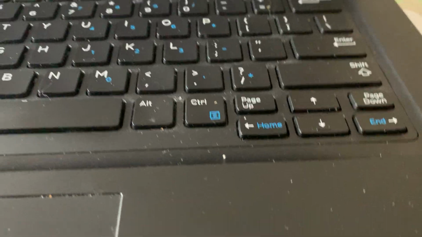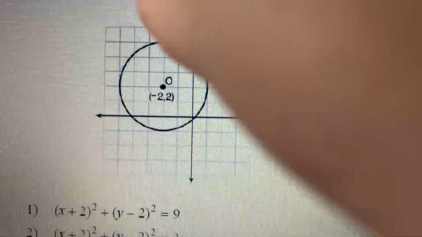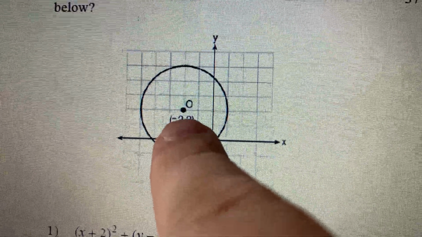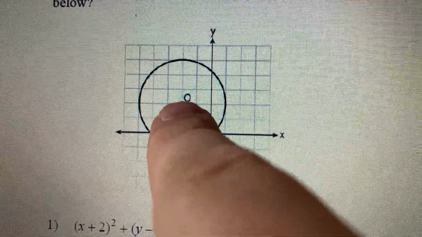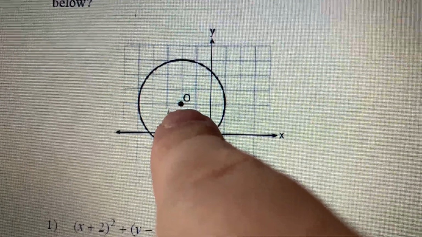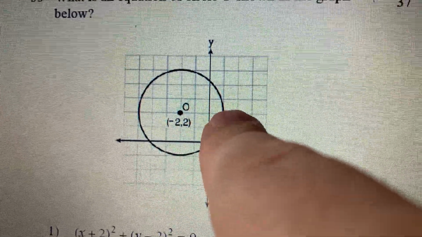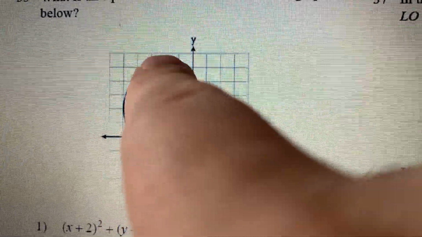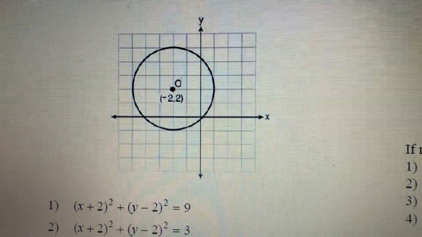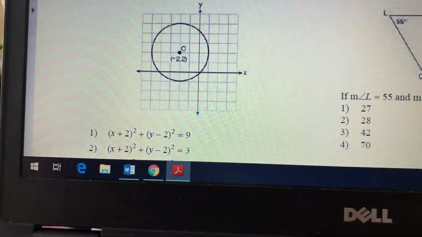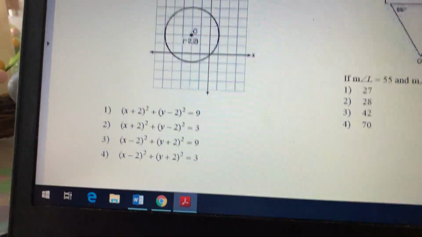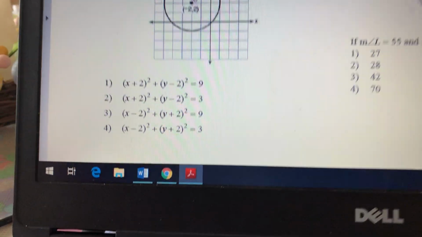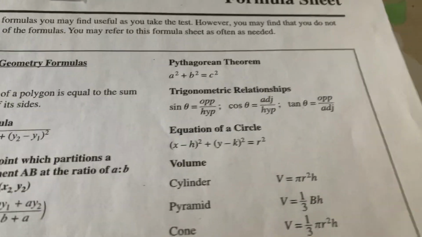So if we look at our circle, we can see that the center is (-2, 2). And if we count the radius, you can just go straight up, straight down, straight left, or straight right. I'm just going to count to the right. 1, 2, 3 till I get to the edge of the circle. If you want to go up to double verify it, you can. Up 1, 2, 3 until I hit the circle. So it's got a radius of 3. So looking at my answer choices, if I go back and look at the equation,